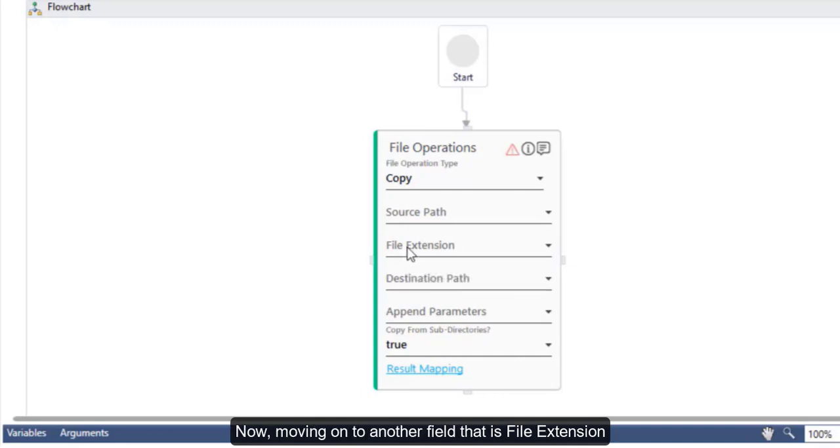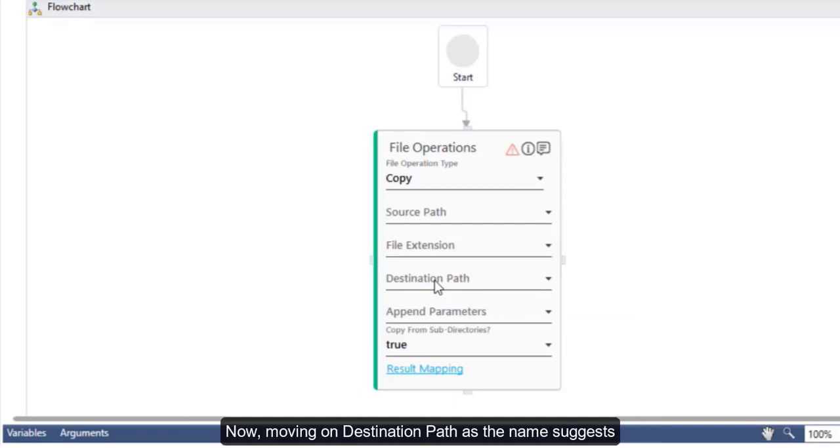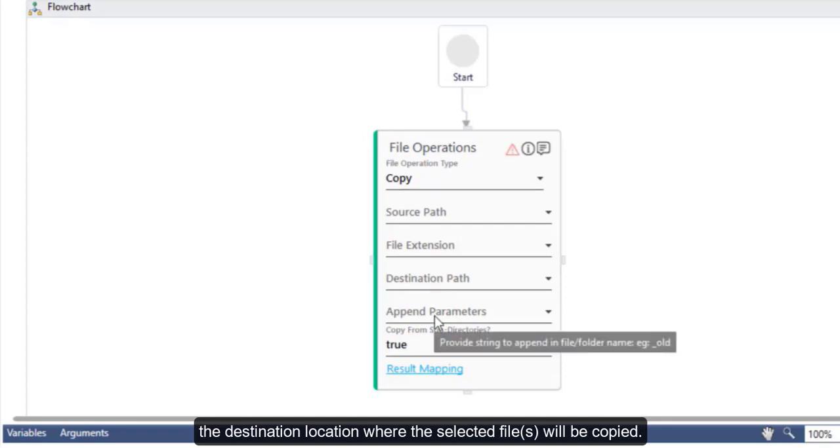Now moving on to another field, that is file extension. Now this is of course a non-mandatory field, and the input for this field is the file name along with its extension. Now moving on to the destination path. As the name suggests, it is the destination location where the selected files will be copied. The fourth field,